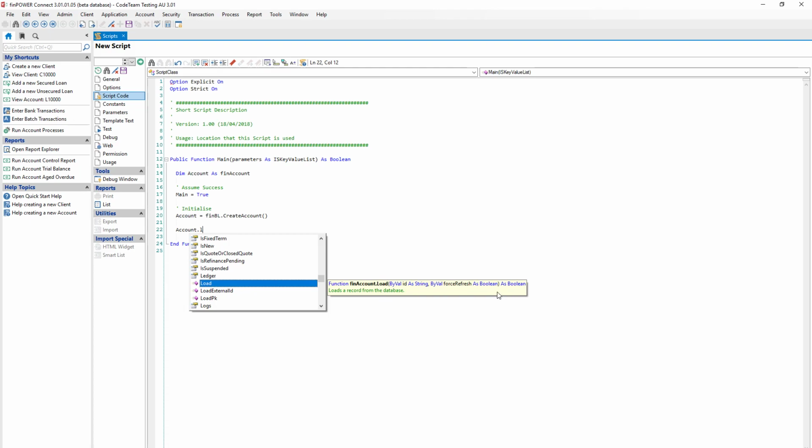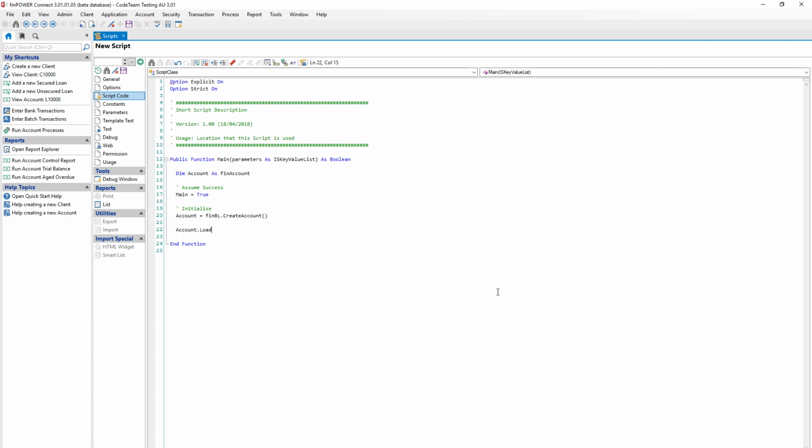So as I say, a really good rule of thumb, and it's not necessarily 100%, but 99 times out of 100, if the function is a verb, it's a load, it's a save, it's a get, it's an execute, then 9 times out of 10 it's going to return a Boolean, and it's really important that you check that Boolean. Okay, if we do give an example here where I'm going to load an account that doesn't exist in this database,